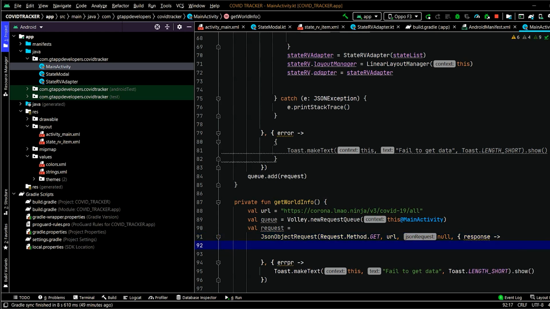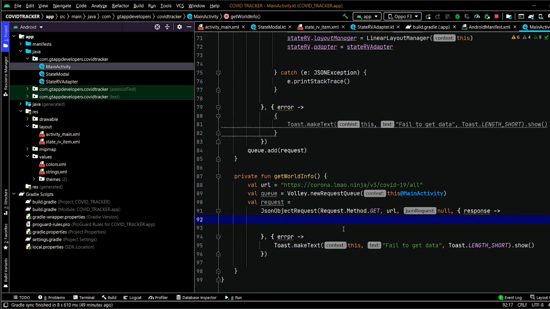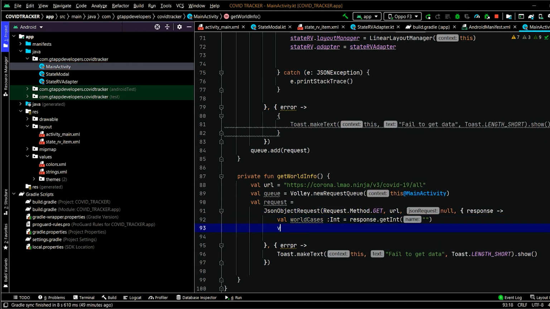Now inside this we will create the three different variables, that is world cases. This will be int, response.getInt world.